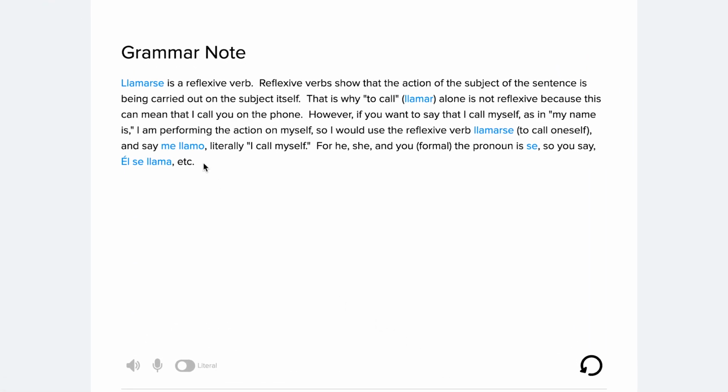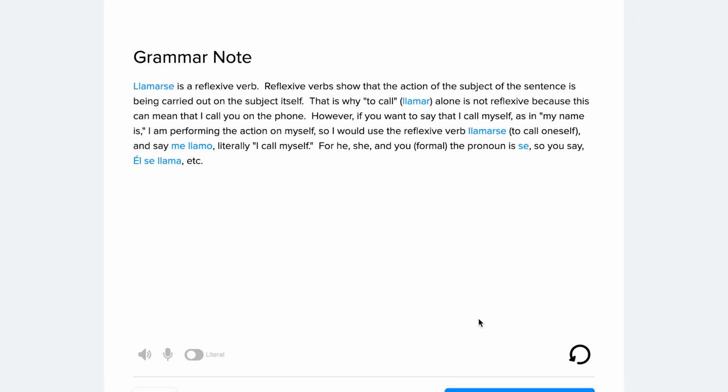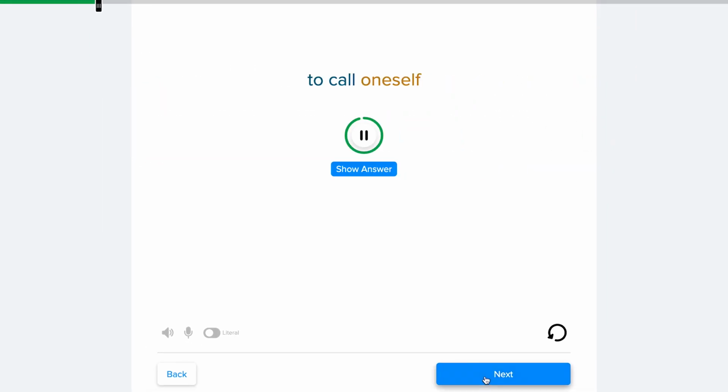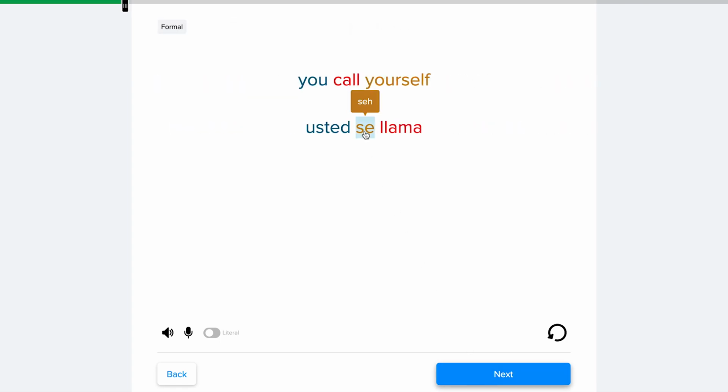On this slide, you see one of Mango's grammar notes that we sprinkle throughout lessons so you can learn right in context. Even these words are interactive, as here we learn a little bit about reflexive verbs. Next, we'll start to learn through repetition. You can click on the timer to pause, or click Show Answer to reveal the answer. Now we'll start to learn a little more, and you can see the power of Mango's semantic color mapping in action. Do you remember what this was?